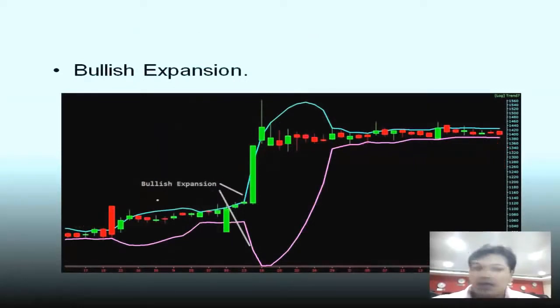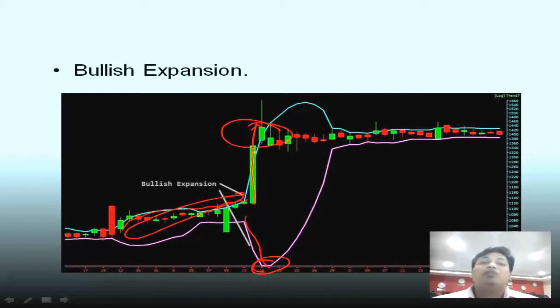Now the art of trading the bullish expansion is this: while the price is moving up in a narrow range, this is a fairly narrow range formation, and as the price goes up, the trick is not to look at the upper band, the trick is to look at the bottom side of the band. Whenever the band starts turning around is where you will know that the volatility is over. So you need to exit here.